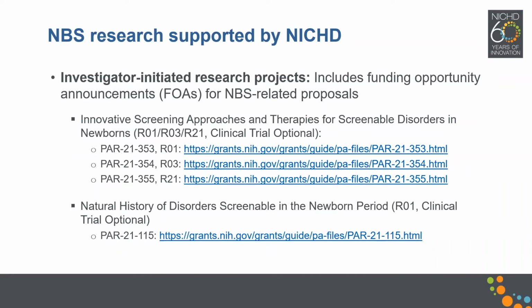manage, or treat the symptoms and complications of the condition, and provide information to children and their families that will support and provide predictive information for them as they grapple with a condition that in many cases is going to be quite rare and there may not be a lot of information available about. So those are the 2 broad categories of newborn screening focused funding opportunity announcements available through the NICHD for newborn